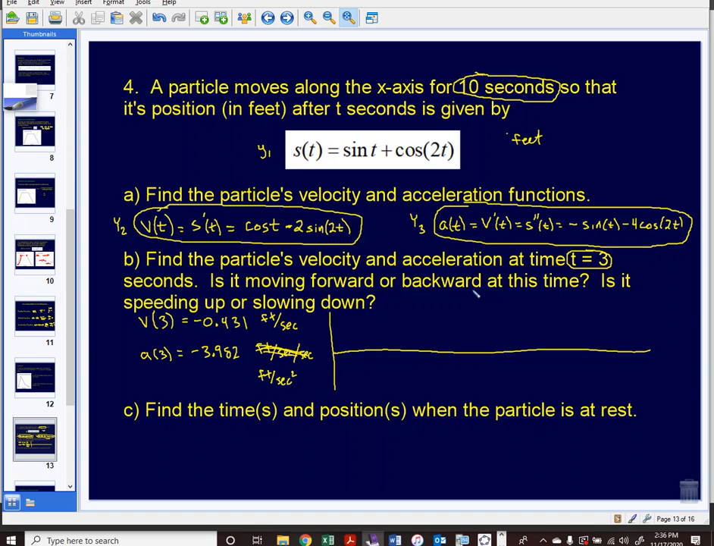demonstrate that by noting, remember that the velocity's direction is indicated by the positive or negative sign of the velocity value. So since this one is moving at negative 0.43 feet per second, the indication of the negative sign is that we're moving in the leftward direction right now, or the backward direction. So my conclusion is going to be written as, in a sentence, the particle is moving backward